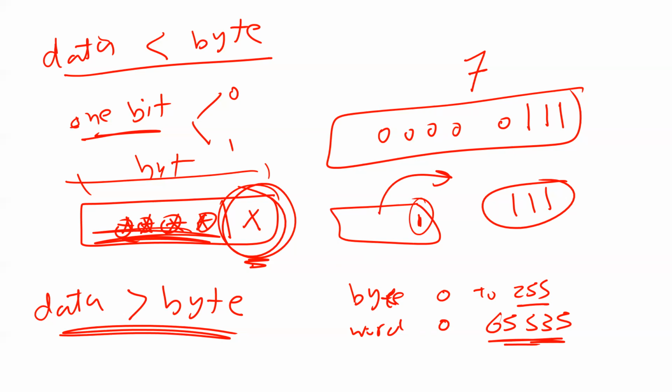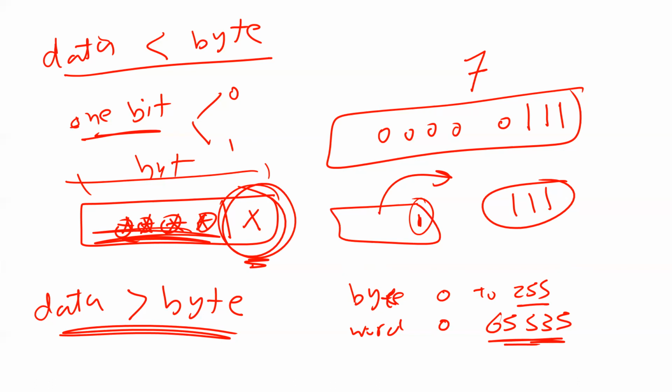You can only look at one part and ignore others. Okay. Now, the question is, what if your data is greater than a byte? Because I told you before, if you have a byte and it is unsigned, that means your data should not be greater than 255, which is the max, your limit.